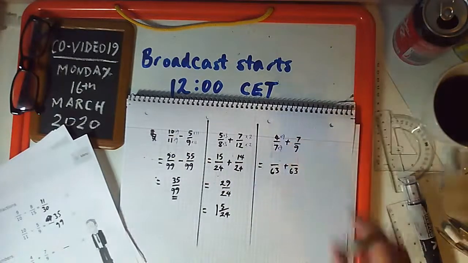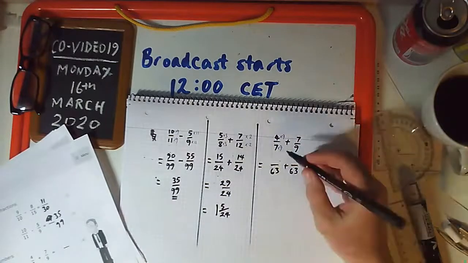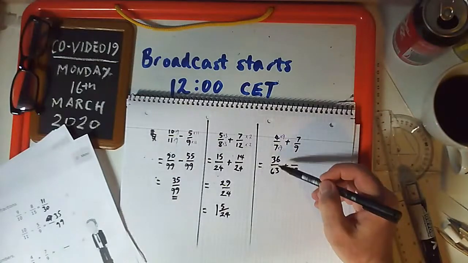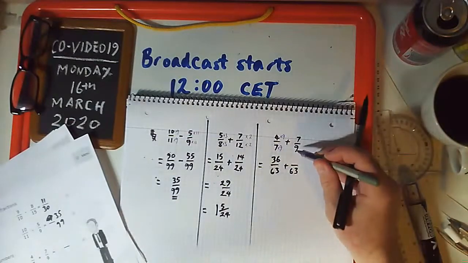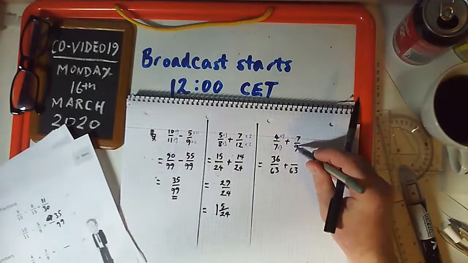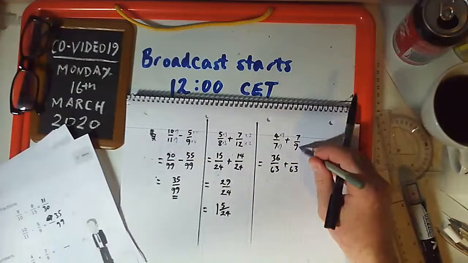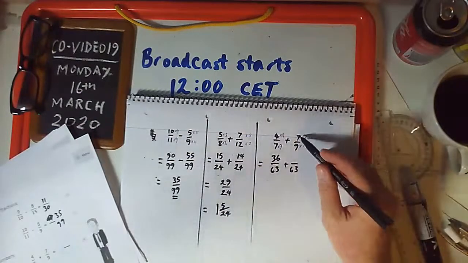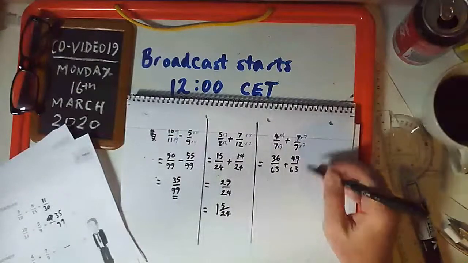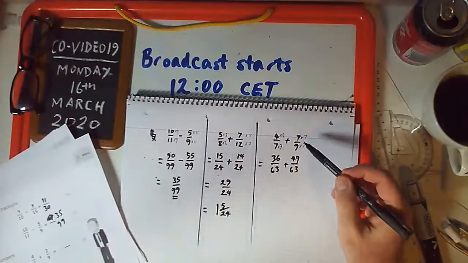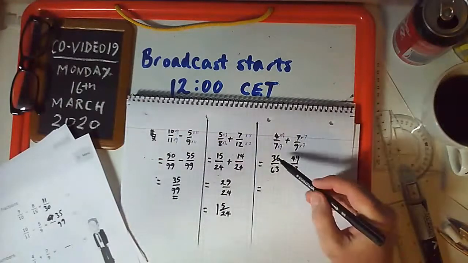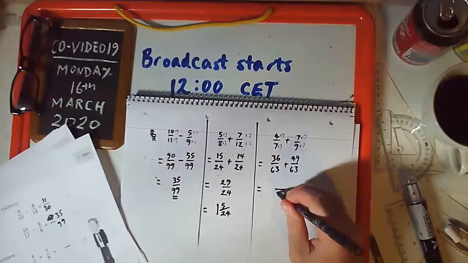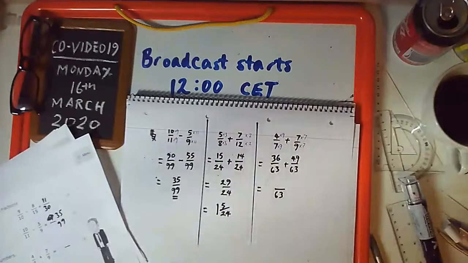So I multiply the whole thing by 9/9 to get 4 times 9 is 36. So 4/7 is 36/63. And then 9 I'm multiplying by 7 to get the 63. So if I multiply by 7/7, 7 times 7 is 49, 9 times 7 is 63. So 4/7 plus 7/9 is the same as 36/63 plus 49/63. So add up the tops, leave the bottom as 63, makes